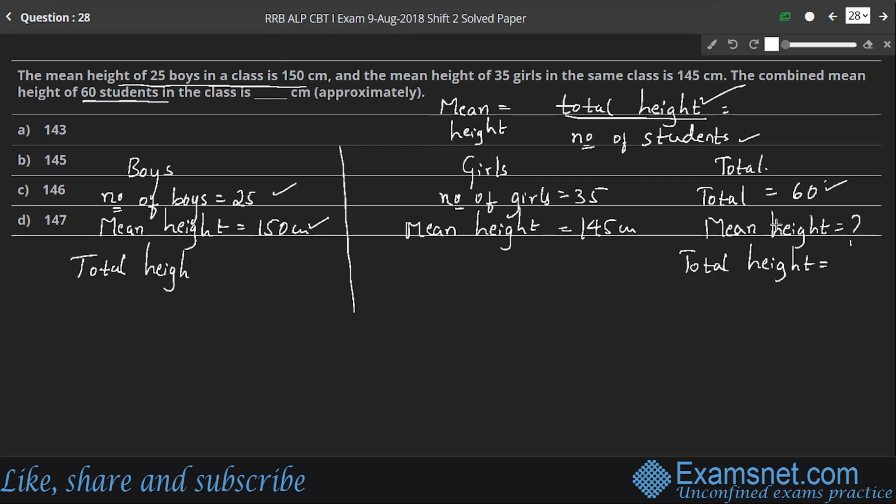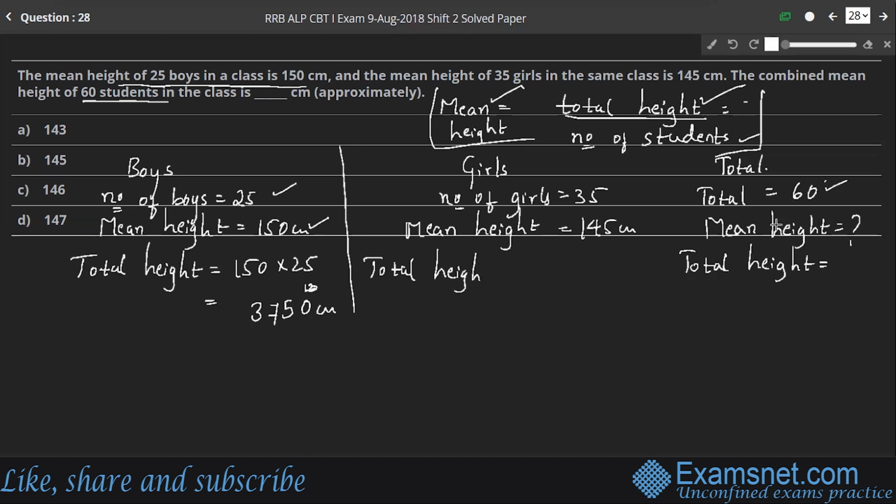of boys is equal to, from the formula, total height is mean height into number of students, right? So it is mean height of boys, 150 centimeter, into number of boys, 25, right? So 25 into 150, which is 3,750 centimeter. That is the total height of boys in that class,